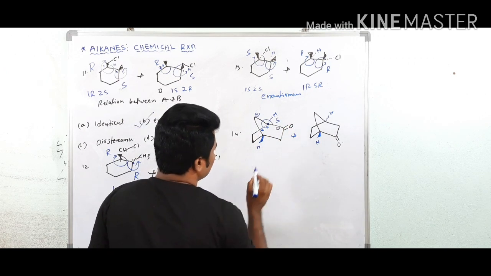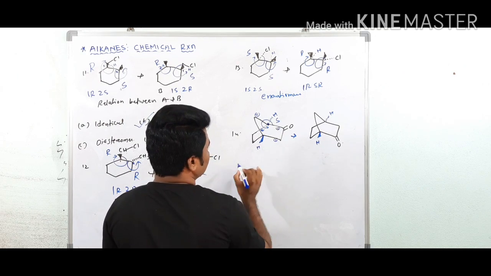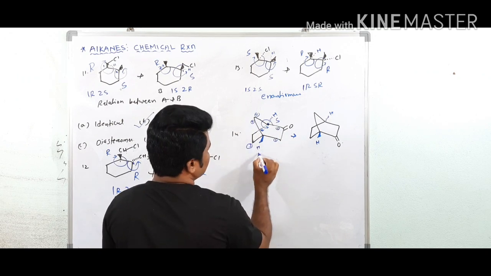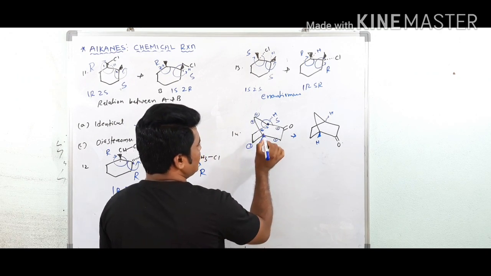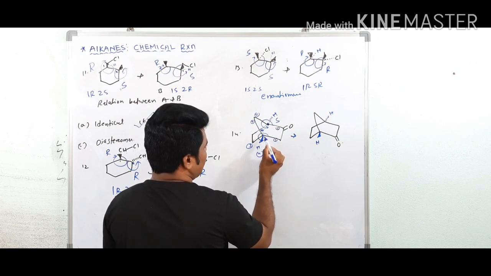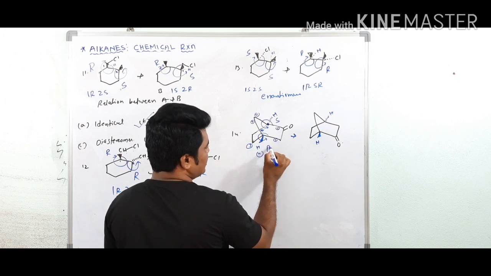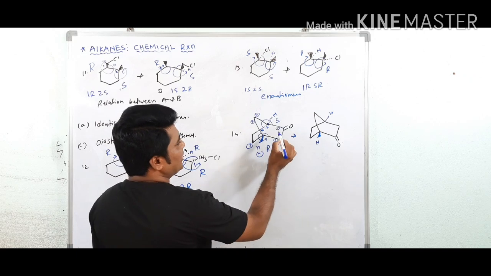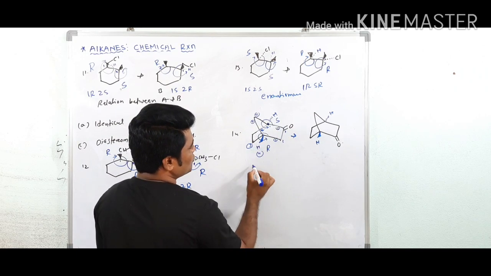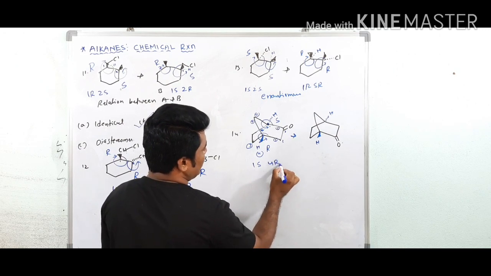Okay. Now in this case, the higher priority is here 1, second priority this 2, third priority, and this is the fourth priority at this carbon atom. 1, 2, 3, 4. Again S, but here the lowest priority is above the plane, so it means you are getting R. Now if you give the IUPAC numbering 1, 2, 3, 4, here you get 1S and 4R.